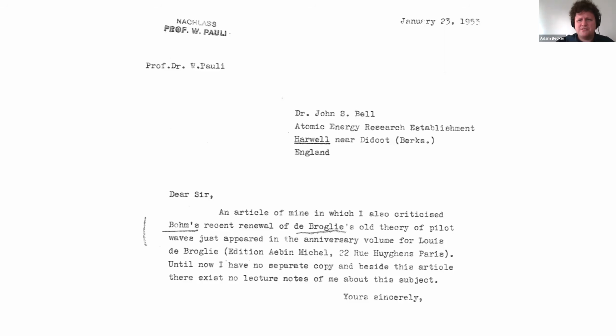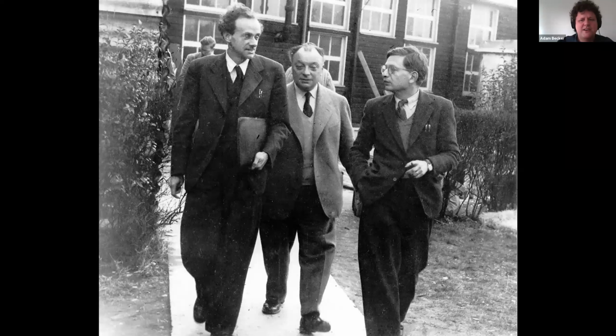Also, life intervened. Bell was a young man. He started working with Rudolf Peierls, who is here on the right, and started working with him on his PhD. And at the first group meeting, Peierls said, come talk to us about some of the things that you've been thinking about. And he said, well, I could talk about this new thing from Bohm and quantum foundations, or I could talk about accelerators. And Peierls sort of looked at him and said, you should definitely talk about accelerators. And so, that also sort of persuaded him to put things aside for a while.